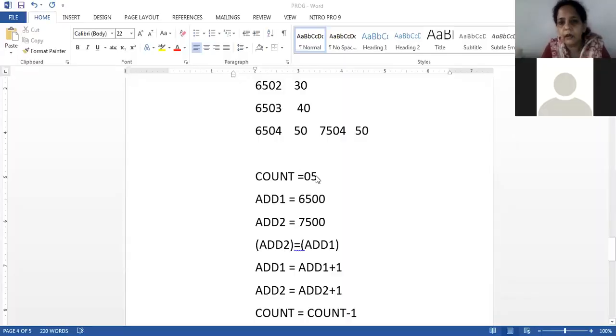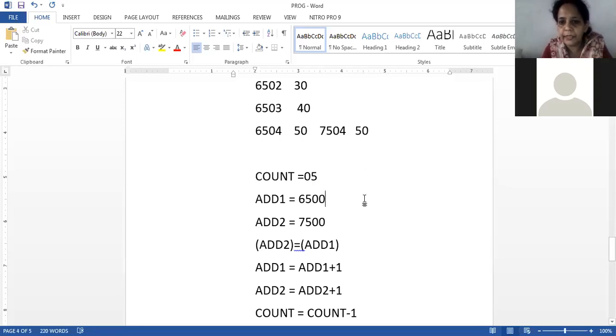Okay. Now let's see. This is an 8-bit number, right? Correct? This is an 8-bit number. I will just write it in front of you. Okay, so an 8-bit number can be stored in any register. Correct? These are all 16-bit numbers. So to store a 16-bit number you will need a register pair.